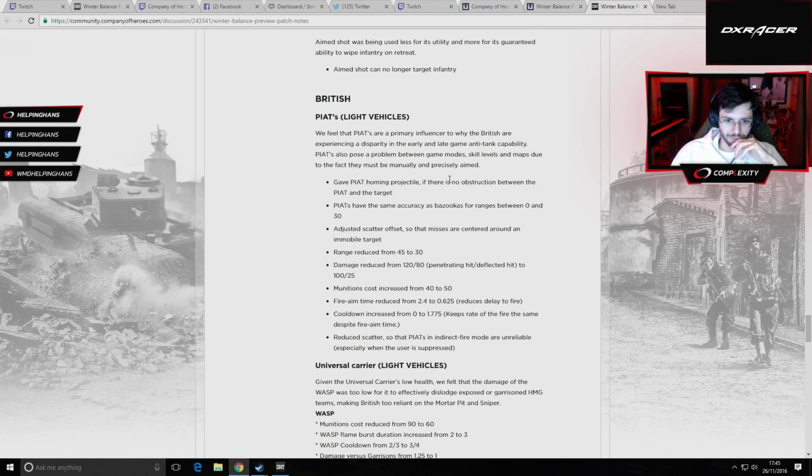Piats getting a bit of a nerf. They have crazy range, which is understandable, so that nerf is good. They cost more munitions, and their damage has been reduced as well, because when they do hit, they hit quite hard. Anyone who knows how to use tap ground with Piats can definitely take out vehicles pretty damn quickly. So that's kind of needed. But